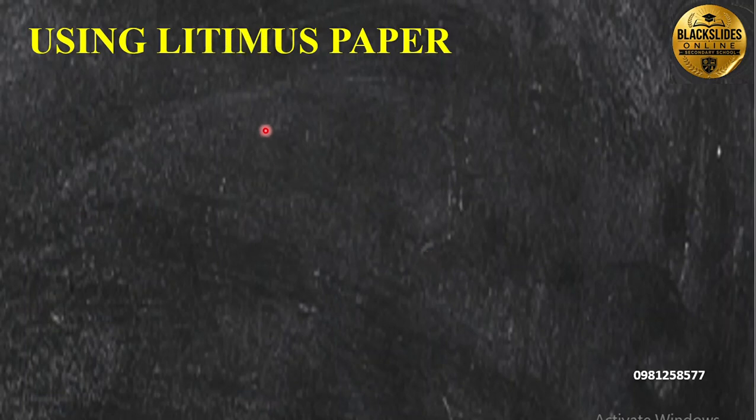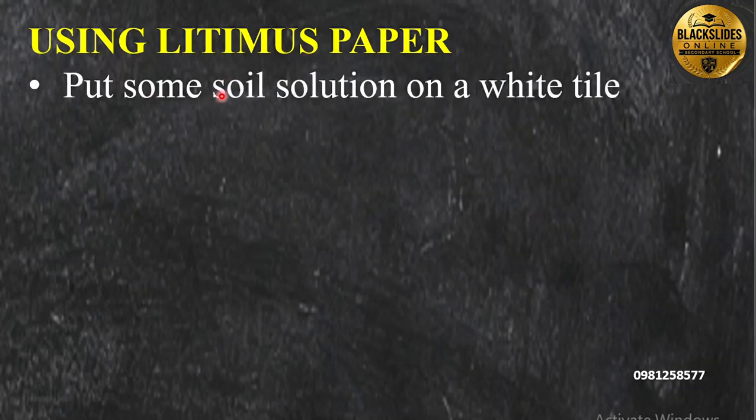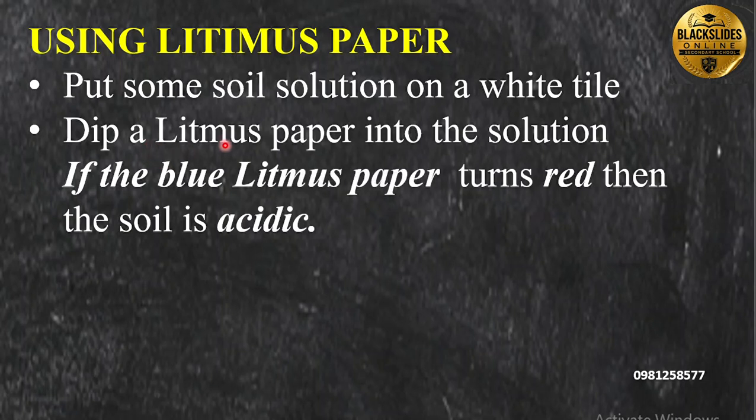Using a litmus paper, remember that litmus paper can only tell you whether the soil is acidic or alkaline, but it cannot give you the pH number or value. That's one weakness of litmus paper. So you put some soil solution on a white tile. If you want, you can put it in a test tube. Then dip a litmus paper into the solution